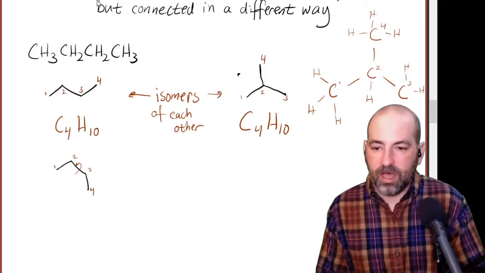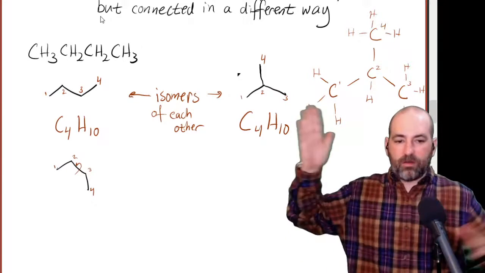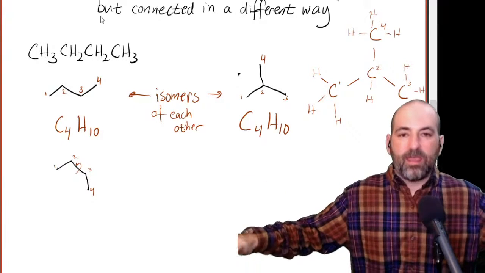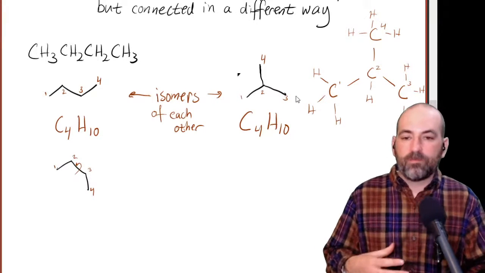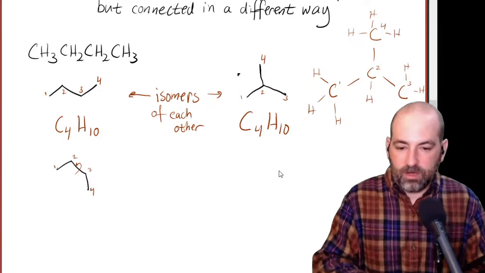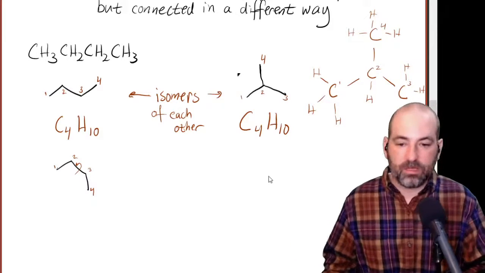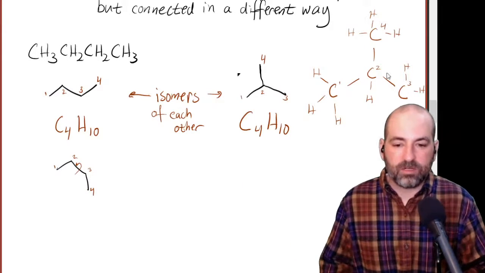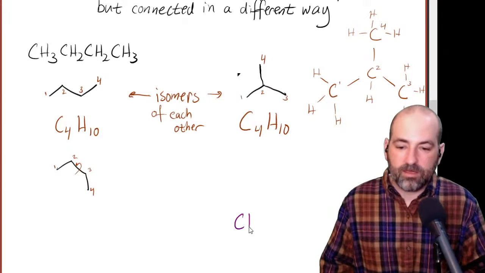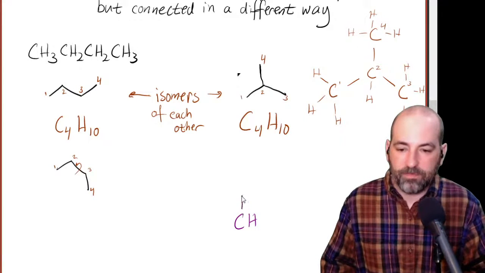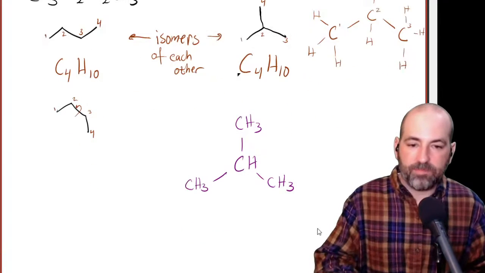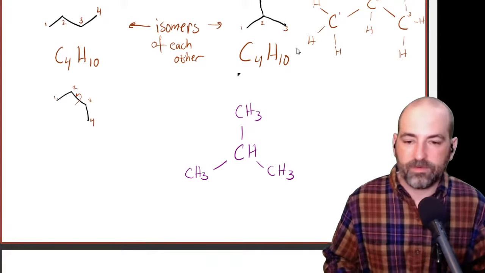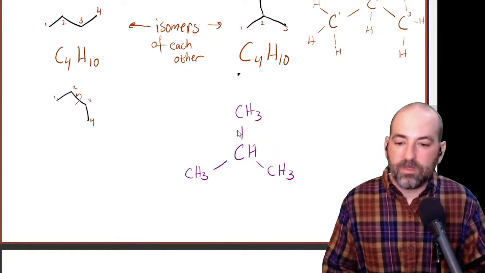Whenever we have these branching compounds, so these molecules that branch out in different ways rather than just a nice straight chain, it can be tricky to write them in a straight line like that. It doesn't always make sense. So the easy answer, and a totally good and correct answer, is you don't have to write them in a straight line. So if you want to write a condensed structure for this compound, you could write it like this. You could have the CH2 there, and then the CH3 up here, CH3 over there, and CH3 down there. That is a totally good condensed structure for this compound, even though it still has lines.